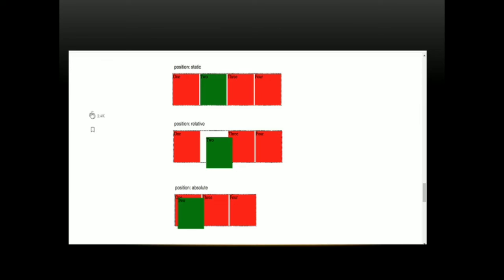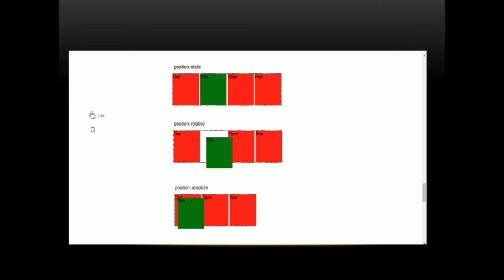I'm sure you can imagine the ability to shift an element around based on its regular position is pretty useful. Then absolute. This is a very powerful type of positioning that allows you to literally place any page element exactly where you want it and is set from the edges of the browser window.